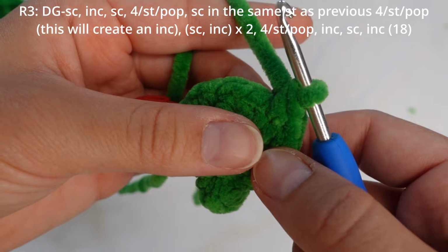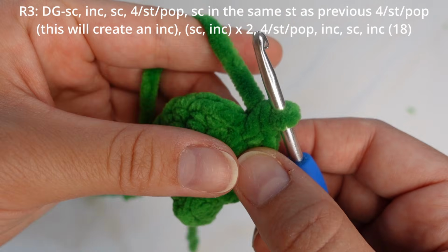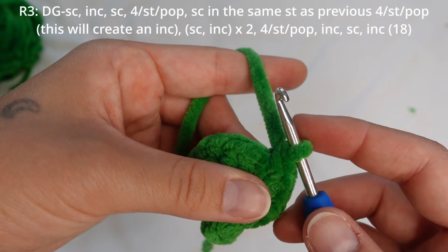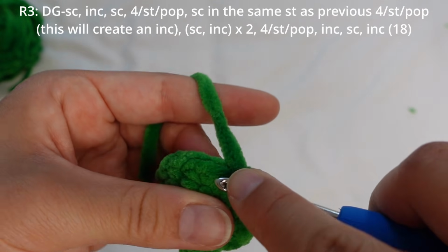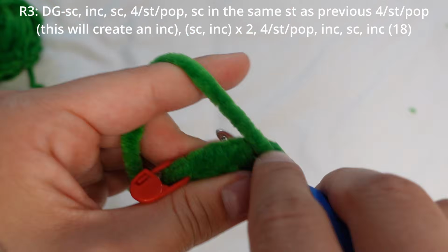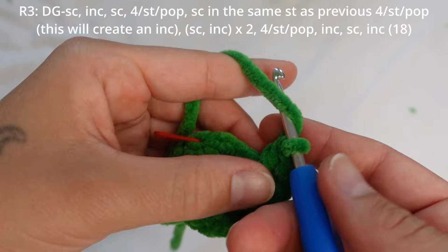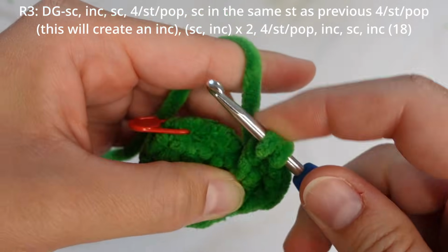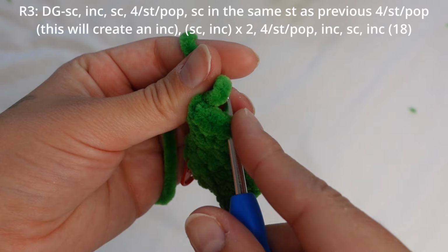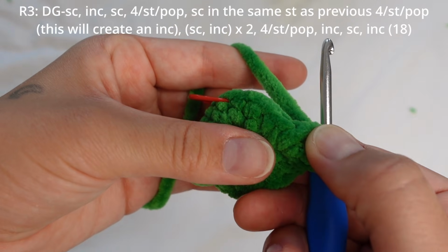And now we're going to crochet a second 4-stitch popcorn stitch into the next stitch. But this time we don't have to make it an increase, so we're just going to be crocheting a 4-stitch popcorn stitch into this next stitch here. So it's not going to be as awkward to do this time around. So I'm going to yarn over, insert into the next stitch. I'm going to crochet 4 double crochet stitches into 1 stitch. So 1, 2, 3, and 4, going to insert into the top of the first double crochet and into the loop of the 4th double crochet, pull the loop through the top of the first double crochet,